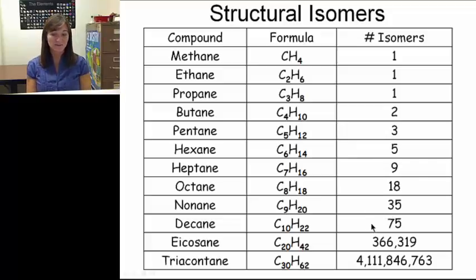And look what happens when you get up to like 20 carbons or 30 carbons. That is why there are so many organic molecules out there, because carbon is just so versatile. There's a lot of different shapes you can do if you give me 30 carbons and 62 hydrogens. There's nothing from this slide I expect you to know for test purposes. It's an interesting trivia. I do want you to know, however, what isomers are and be able to identify them